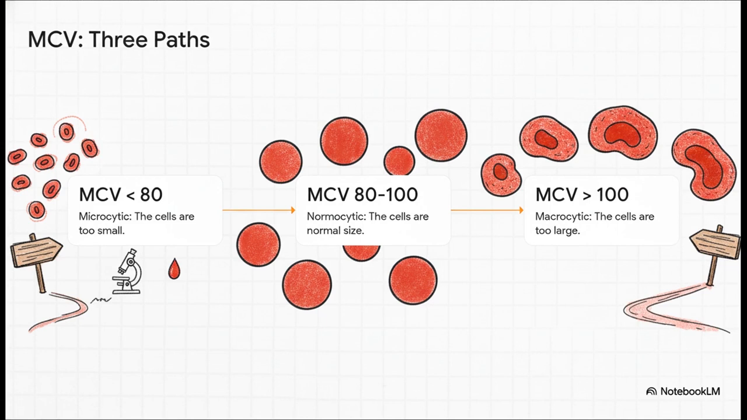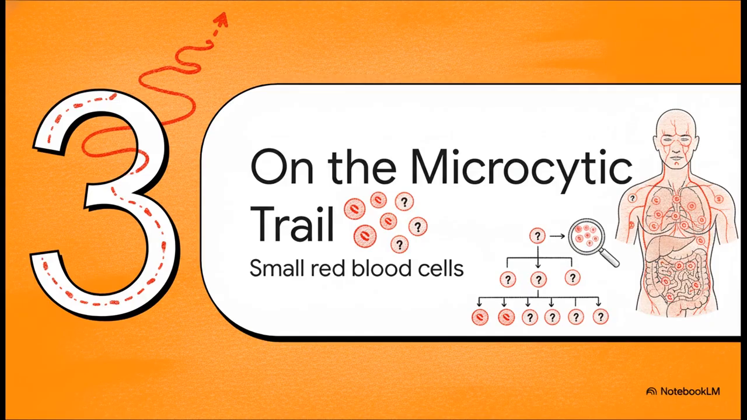Think of this single value as a major fork in the road. Are the cells too small, normal-sized, or too big? Each path leads to a totally different group of suspects. For this explainer, we're heading down that first trail, the microcytic path, where the red blood cells are smaller than they ought to be. All right, let's head down the microcytic trail and see how this clue helps us build